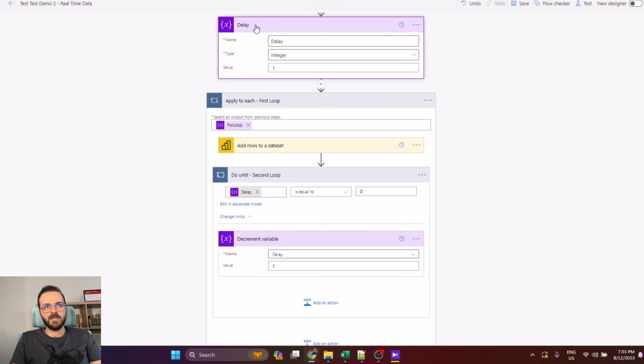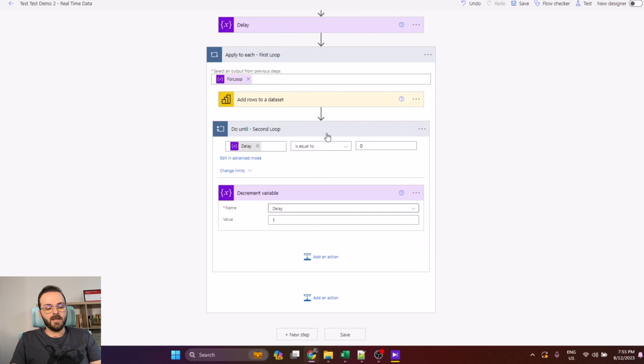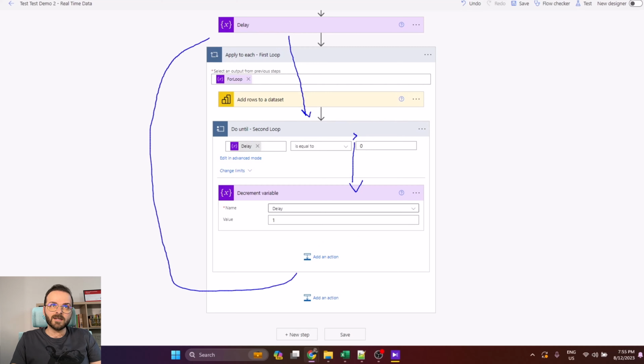So the value is 0 here. What will happen? In the first run, it will come here. So it's bigger than 0. It will go there. So take 1 from that variable and it will be 0. When it's 0, we won't go outside of the first loop to set that 1 again. So in the second run, it will be back here with 0, and it won't go